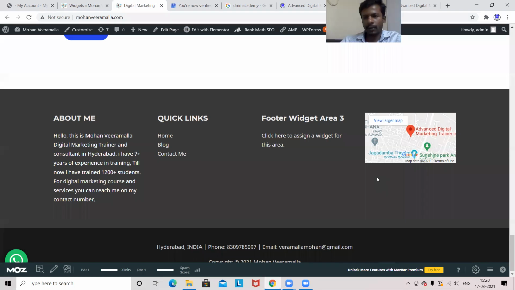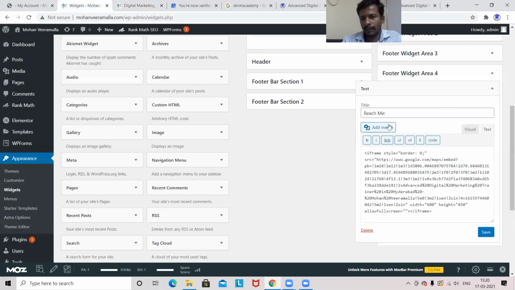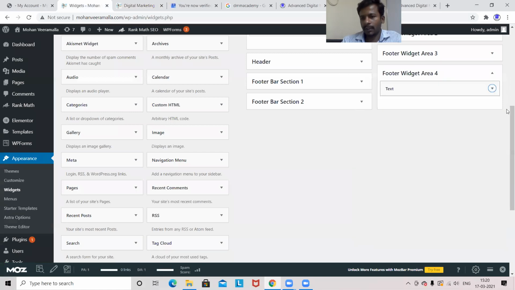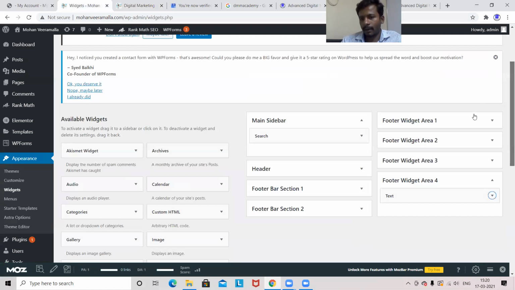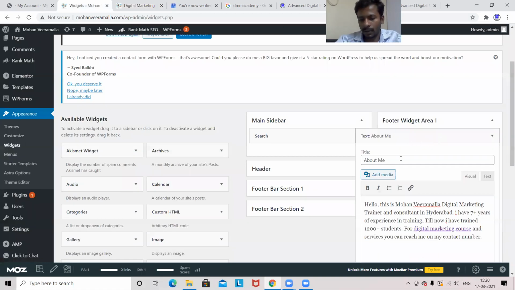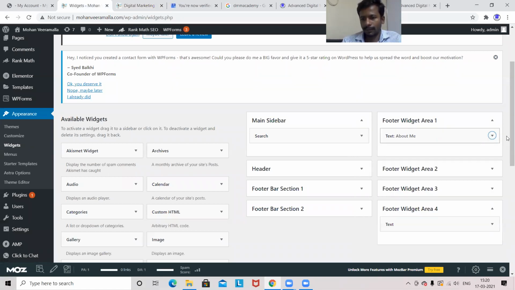If we give 1000 also, the height will not change. It will be fixed. So there's no use of that. I'll go with this text and this footer widget area, about me. I'll take this one here. Okay. Save.